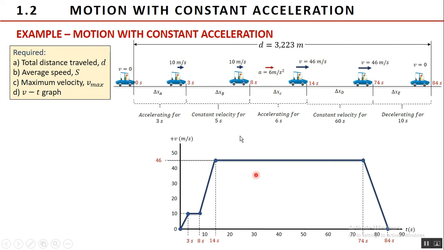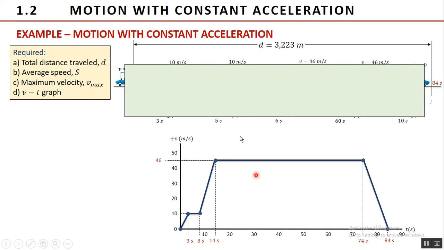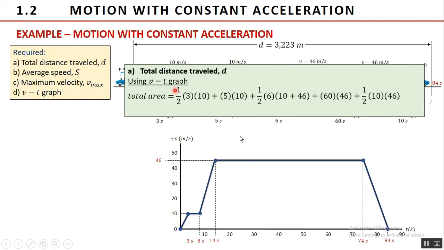Now using the velocity time graph, we can determine the displacement or total distance traveled by the car. The area under the graph represents the displacement, or total distance, traveled by the car. We see that each displacement has a shape, either a triangle, rectangle or trapezoid, and applying the formula of geometric area of these shapes will give a total area of